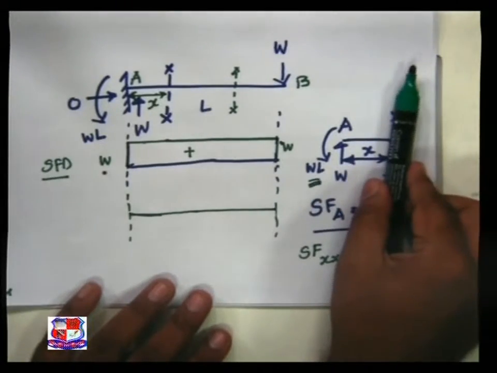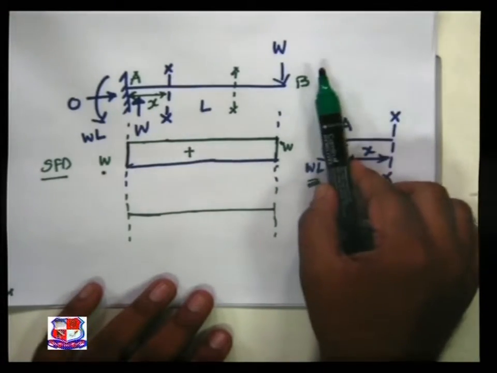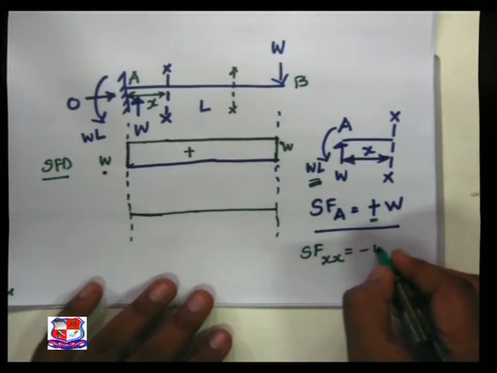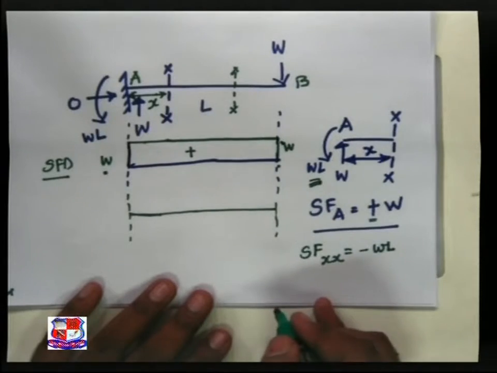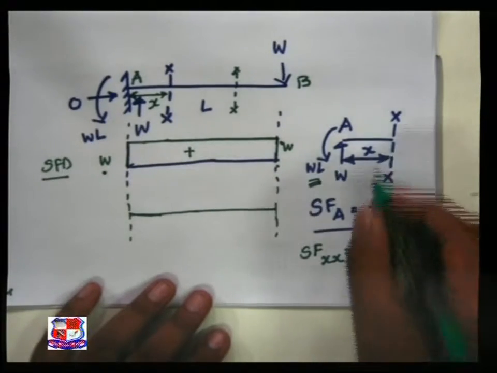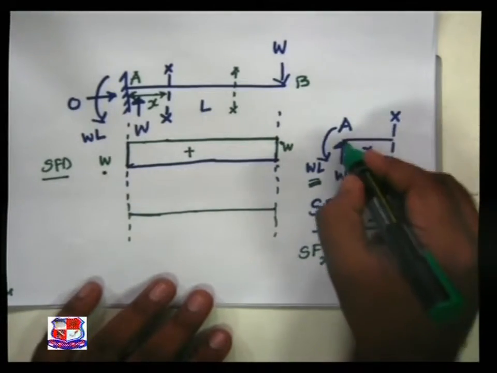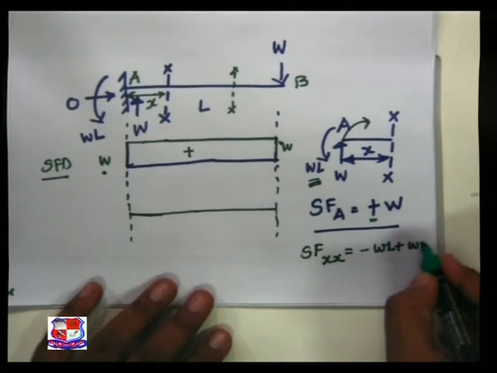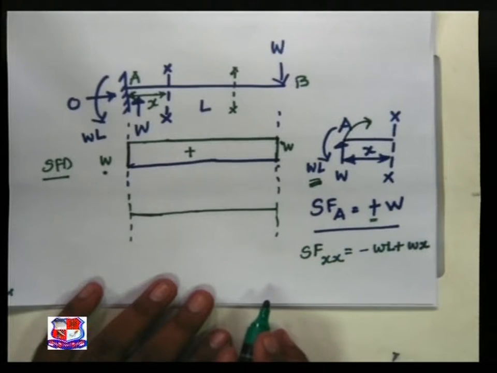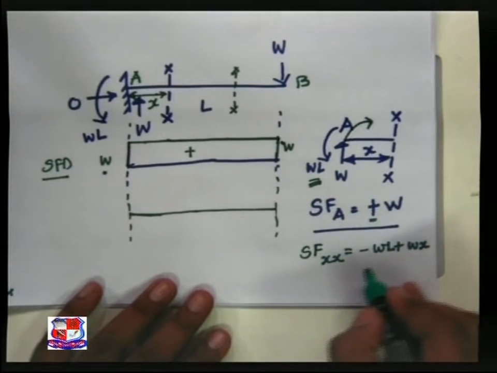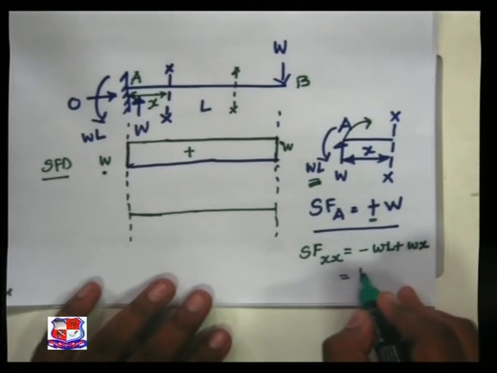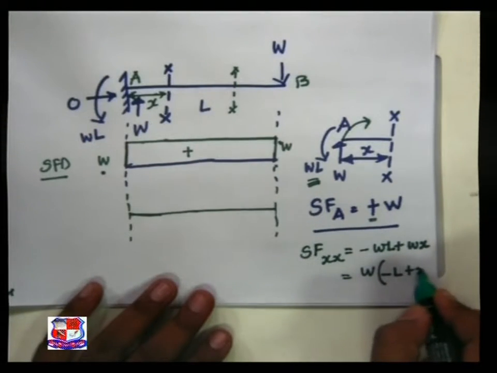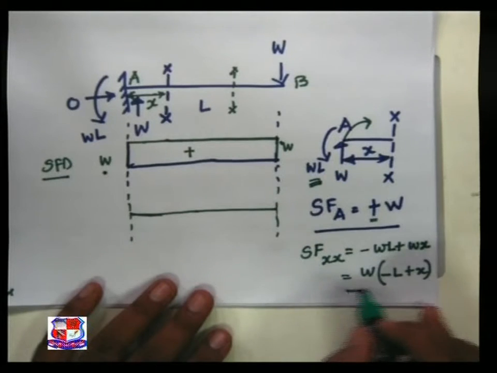Then section left anticlockwise is treated as negative, minus WL. Section left clockwise, so it is plus W into X. So you just visualize over here, if you take W as a common term, W times minus L plus X, simple